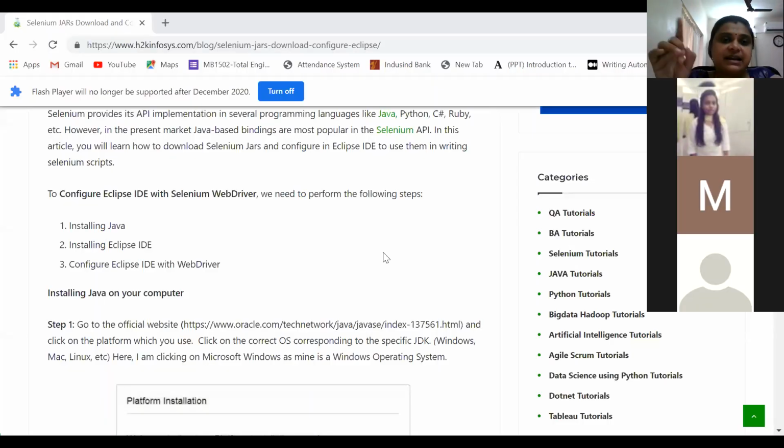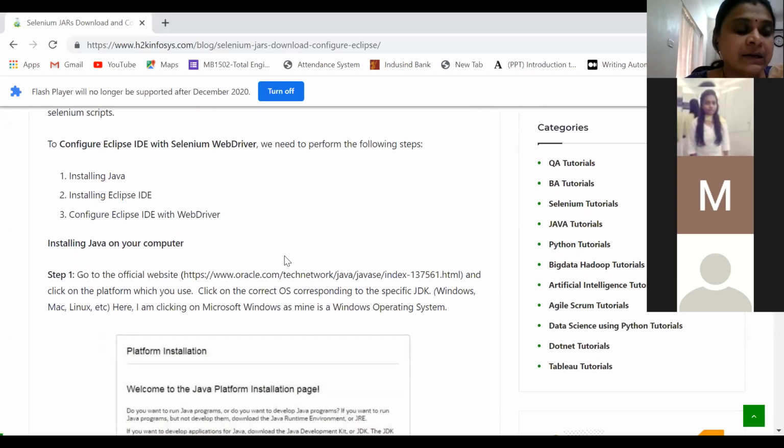So now after understanding these components and how Selenium works, are you able to relate? Can you think what are the things that we have to install? I didn't want to waste time installing all this, so I've already done a setup. Nevertheless, this will be shared with you. It will take 15-20 minutes, maximum 25 minutes. If you don't have this setup, you can install at your end. I'll share this document at the end.